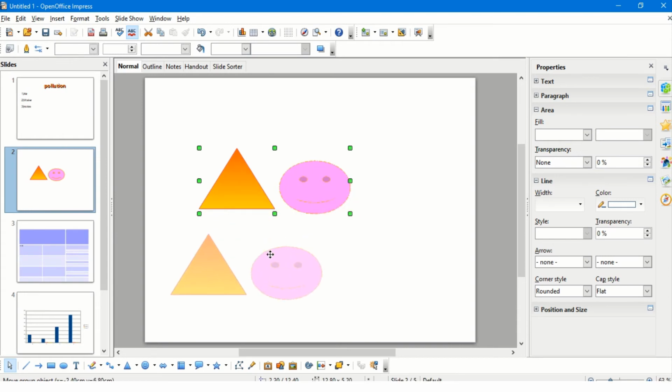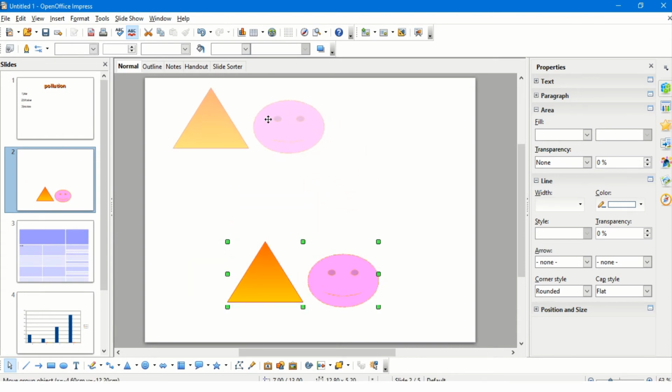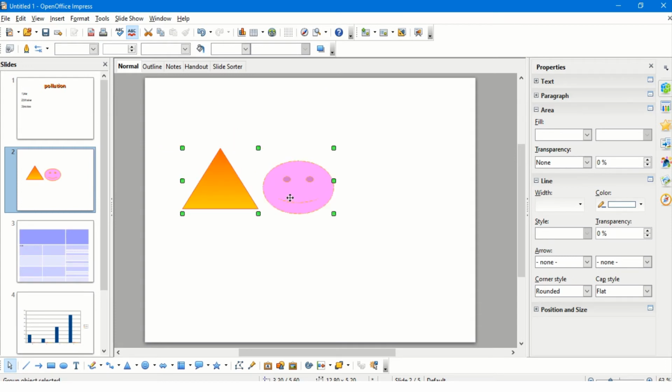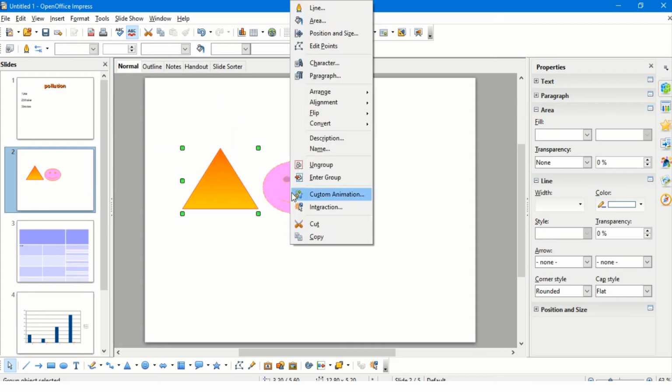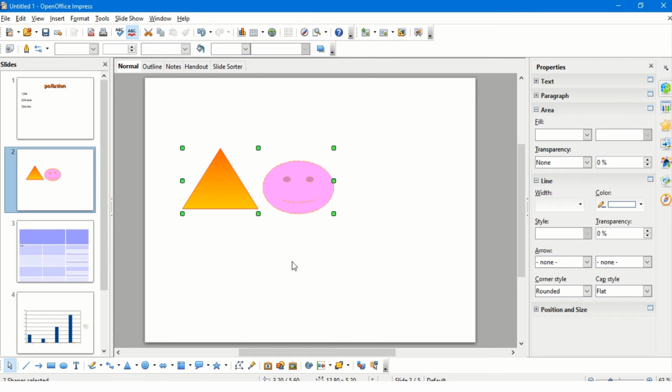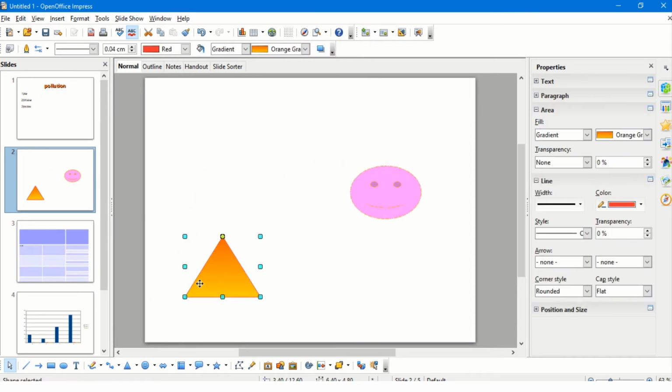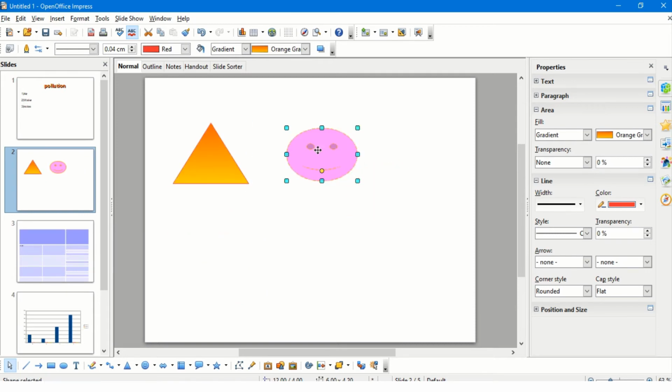Now when I group it, both of these objects are considered as one group, and they move together. Now right click, and if I want, I will ungroup it again. Once I ungroup it, this can go separately, and this object will be separate. So this is what is meant by grouping and ungrouping of the different objects. Grouping will convert it into a single object. Now this grouping can be done with any of the objects which are there on the slide.